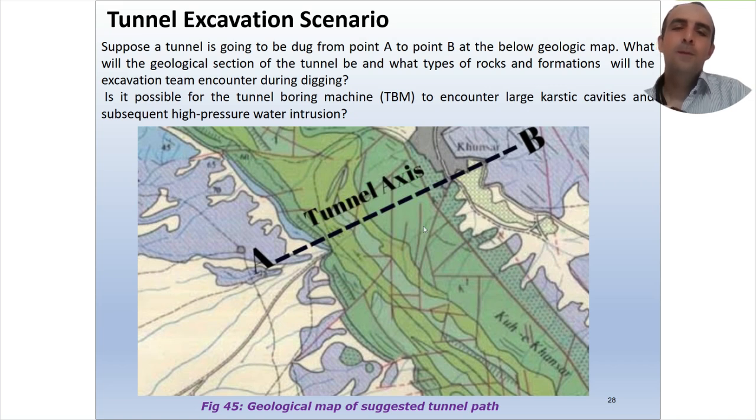Now I'm going to analyze the previous questions. Consider the tunnel path that, for example, starts from point A. As you can see, point A is located on a JSL or Jurassic Black Slate. Also, the endpoint, I mean B point, is located exactly on JSL or Black Slate. So we would like to talk about other rock types.